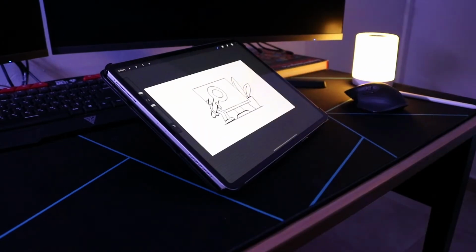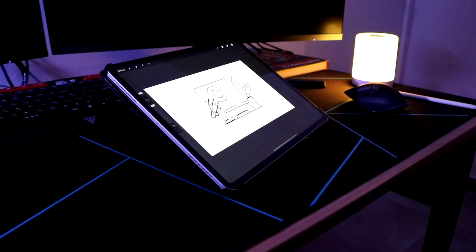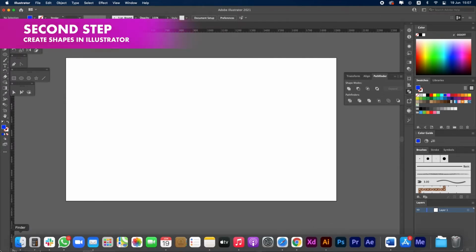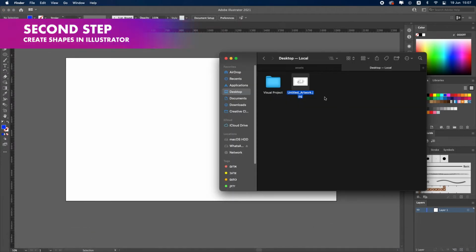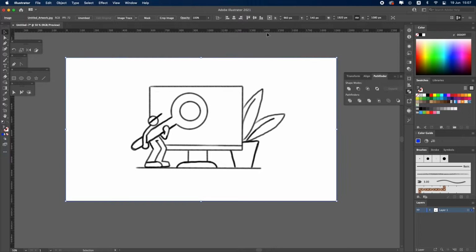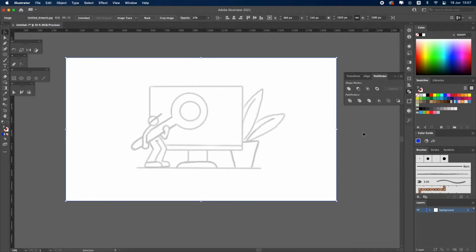After we finish the sketch, take a picture of it and transfer it to a computer. I opened a new document in Illustrator, 1920 by 1080. To get started, we drag the image of the sketch to the new document we opened and center the image using the Align buttons. It is recommended to change the layer name. I changed the layer name to Background. We will change the opacity to 25% and lock the background layer. Our sketch will be the reference of the work.